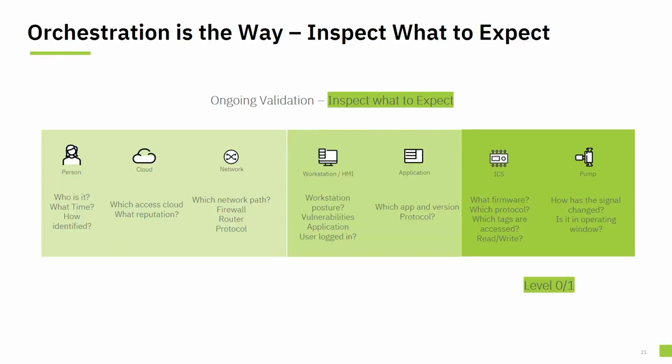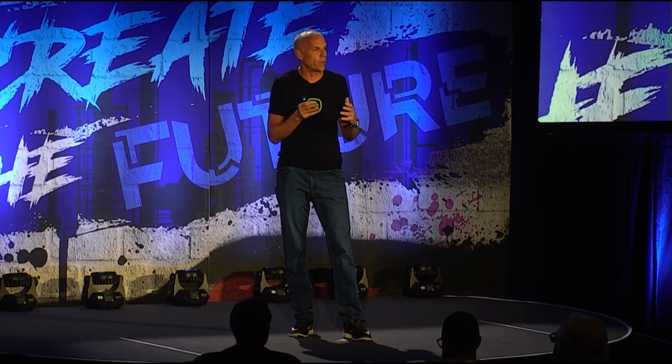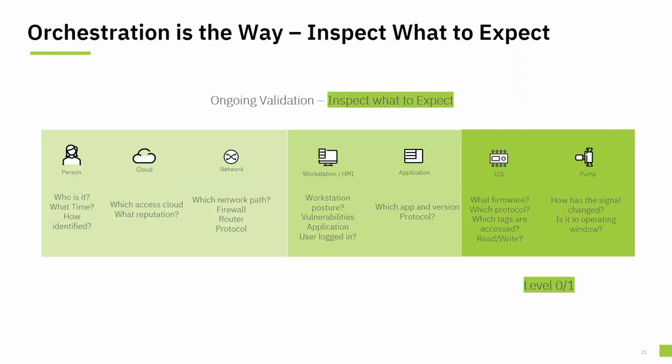So now, that one is a really good example where we understand that just having level 0 detection is not really good enough. It needs to work together with the network. It needs to work with the protocols. We need to understand the access over time. If we don't have that, we can't protect the system. So really, we need to inspect what to expect, but we have to create a full zero trust architecture. It's not enough to have only level 0. And I think that's the biggest learning from this exercise: always look at as many input vectors as you can and build a full security posture.